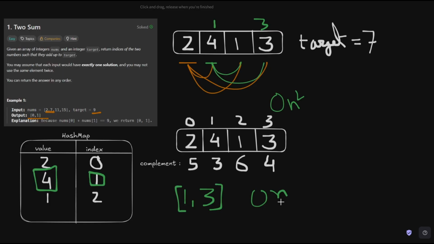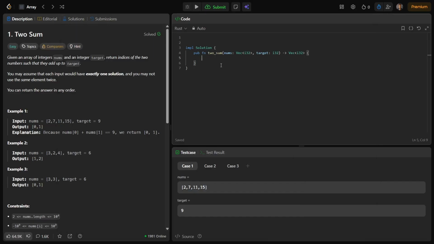So let's now dive into our code. Let us start with our coding part. At first, we will declare a mutable variable. Let's call it map, and we initialize that with a hash map. In Rust, to use a hash map, we need to import it from the standard library. So let us import that. We will use this map to store the index and the value of the nums vector once we iterate through